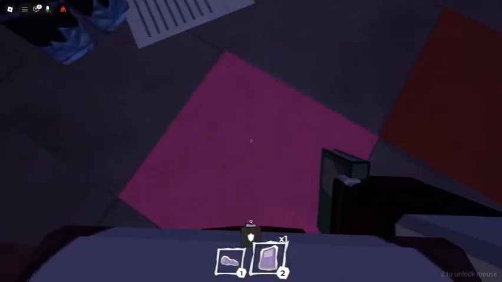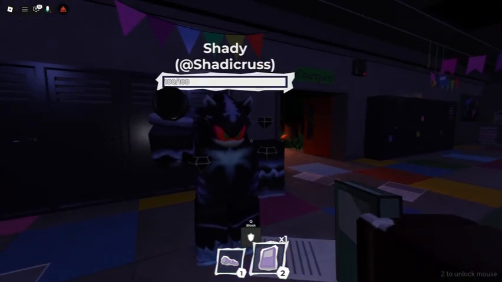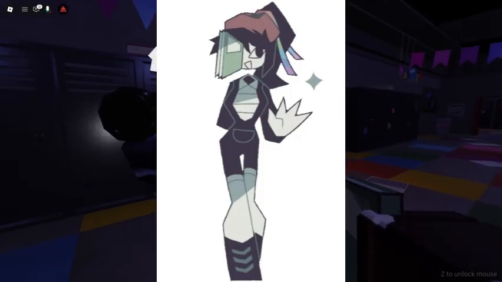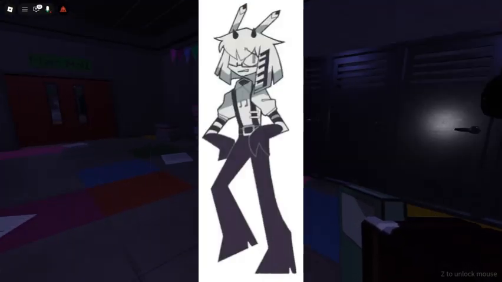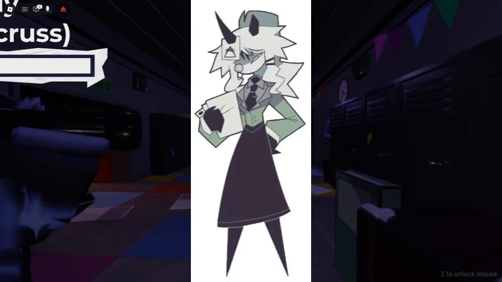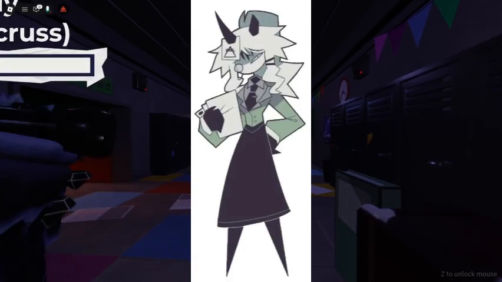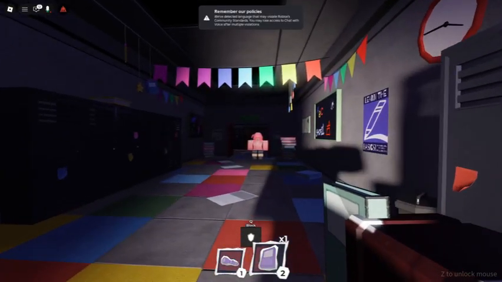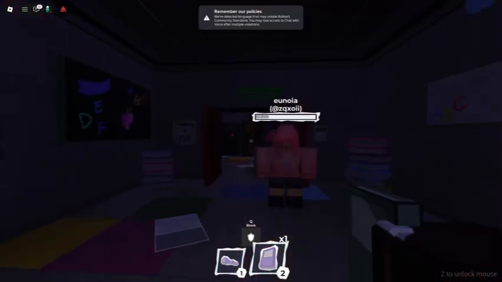But there are some teachers in this animation that don't kill students. Those are Miss Sasha, the art teacher, Mr. Demi, the music teacher, Miss Emily, the history teacher, and Miss Grace, the principal. They do not kill students. They do not kill people. They are passive. They do not like to kill anyone.